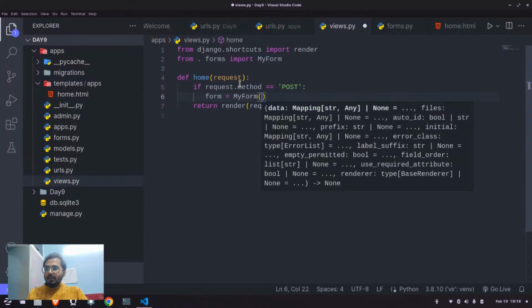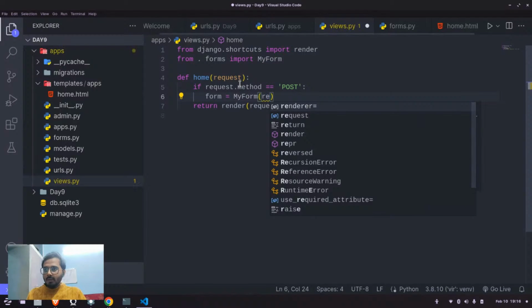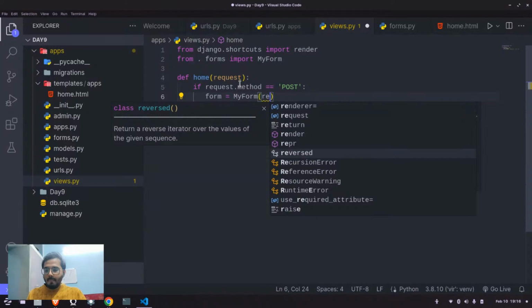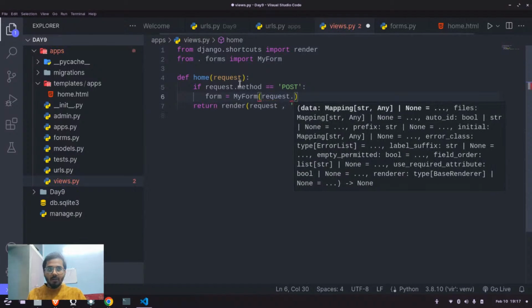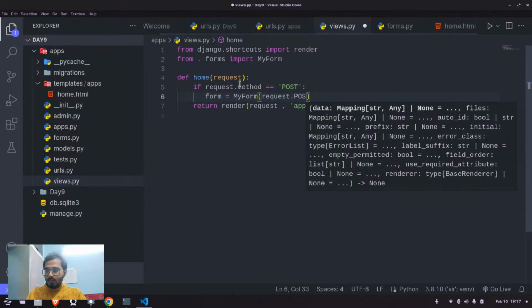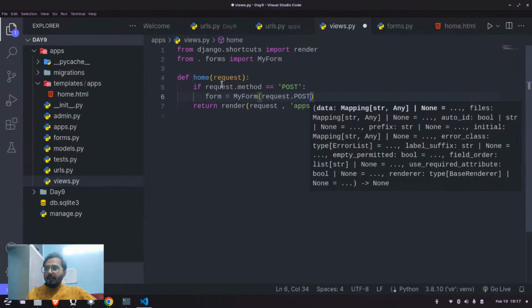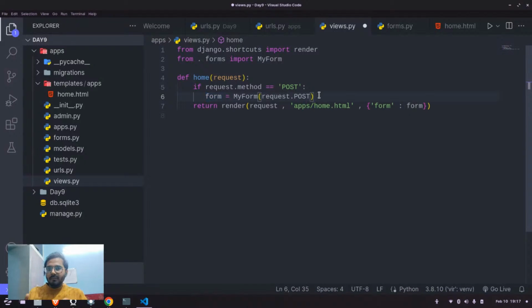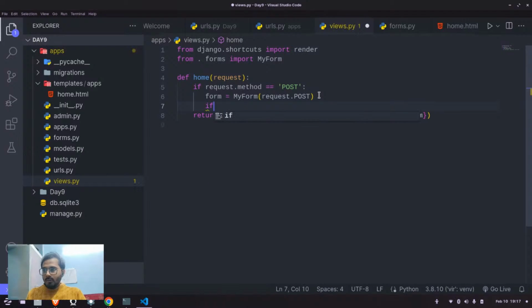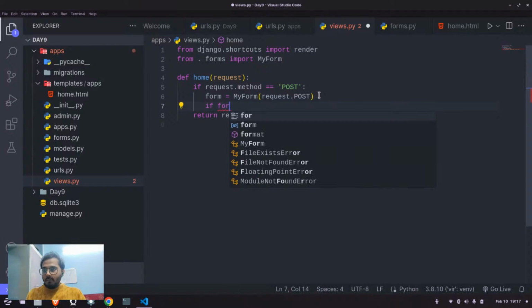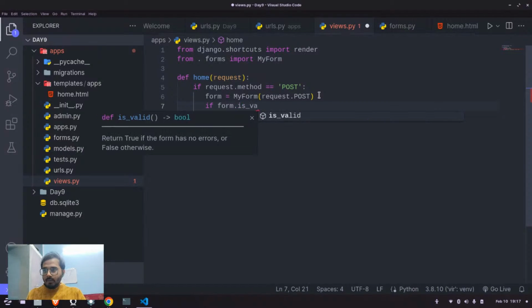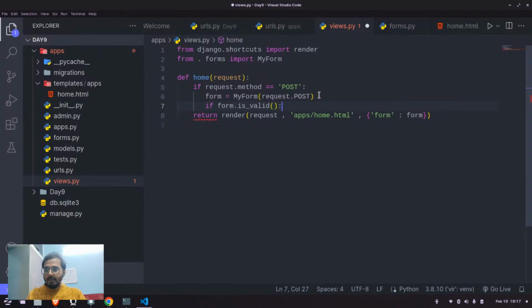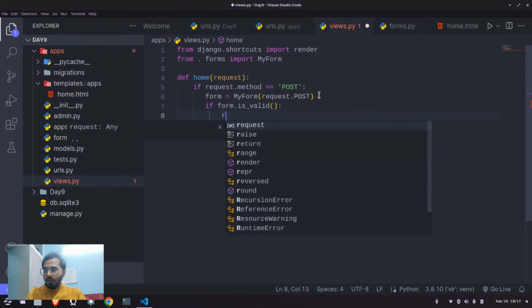I just do it quickly. I pass also the request dot POST, right? We don't need to do it like this, because we are not saving the data inside the database. We just want to validate the thing, but still I do it. And I say that if the form is valid, in that case I want to return